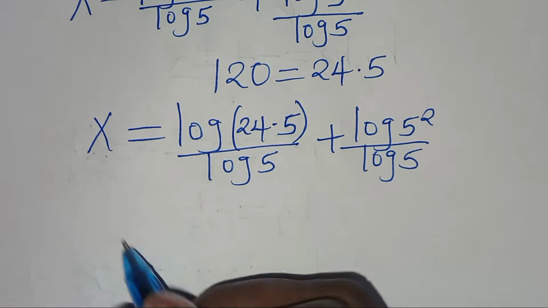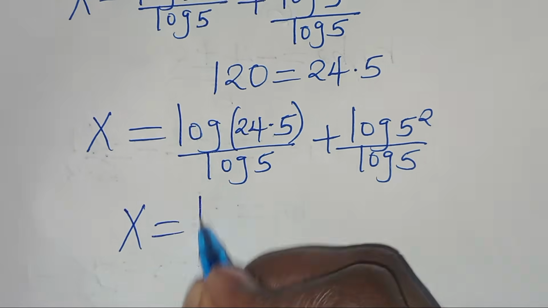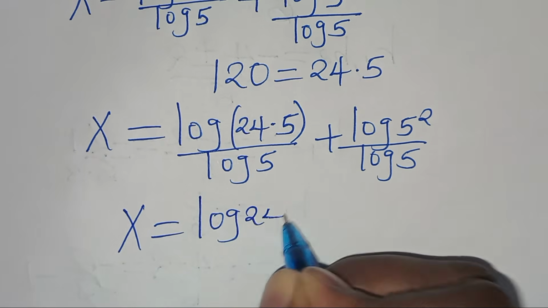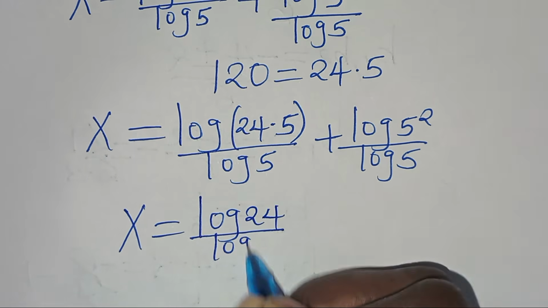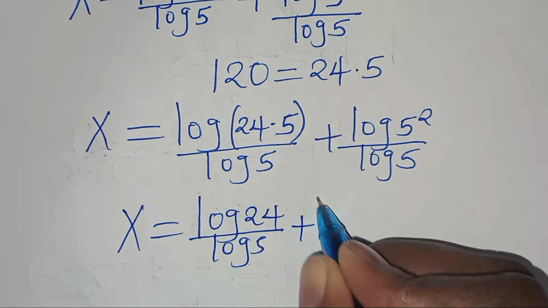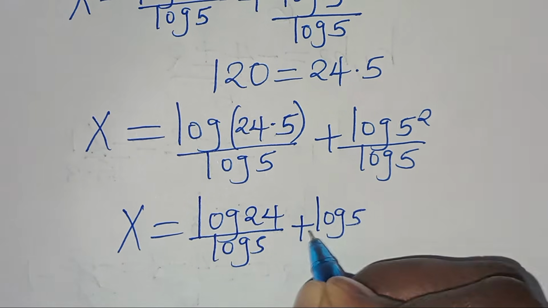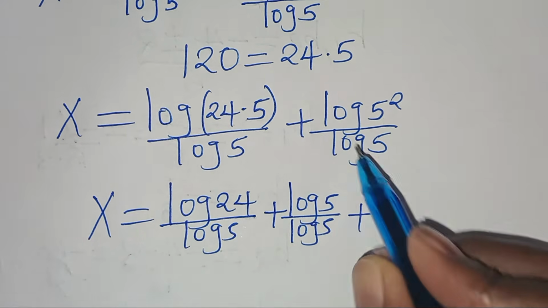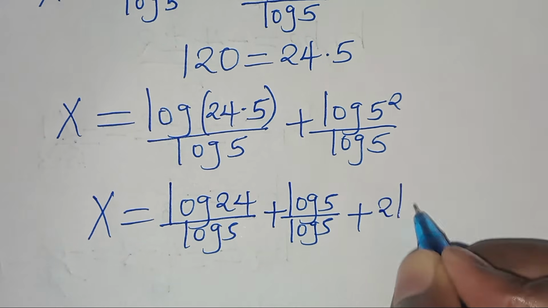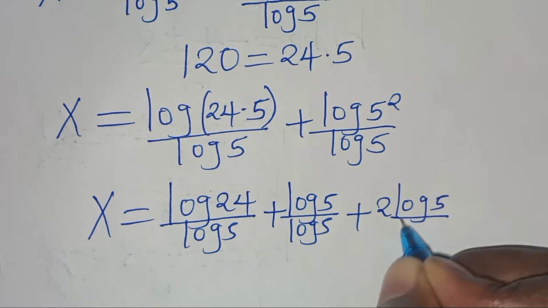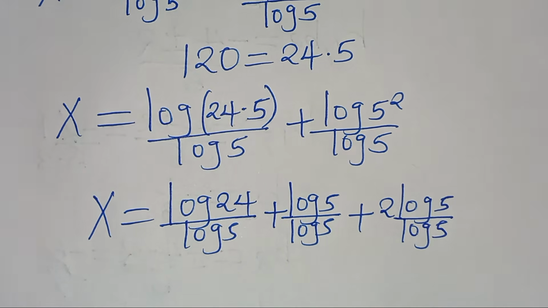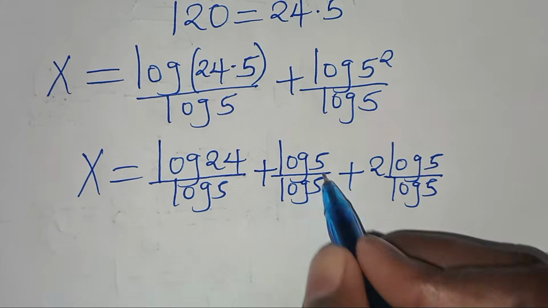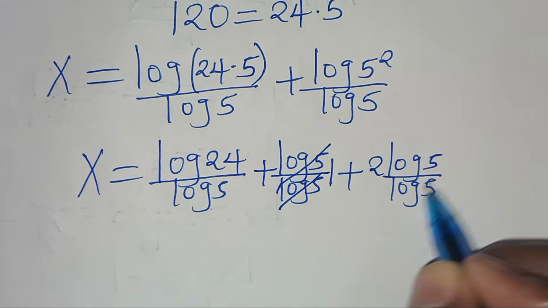So this means we have x here equal to log 24 divided by log 5, then plus log 5 divided by log 5, then plus, here we have log 5 to the power of 2 becomes 2 log 5 divided by log 5. Now, let's simplify log 5 and log 5 here, which is 1,